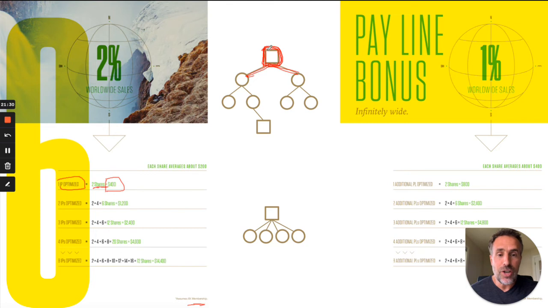So what happens is once you optimize this, you can build a new pay line, but you can also earn a new income position and place it below in your team and say, I'm going to work with someone in my downline in a line that's already growing, or I want to team up with someone and tap into the depth of that compensation plan of that organization. You can do that. And so if you do optimize that income position, so this week you have 13,334 points and 13,334 points in that second line as well. You've optimized that position. So that's your second income position optimized that week. You earn, right here, 2 plus 4 shares in this example.